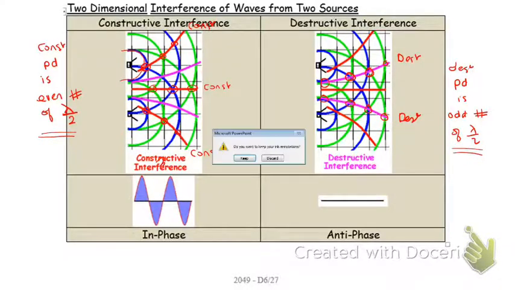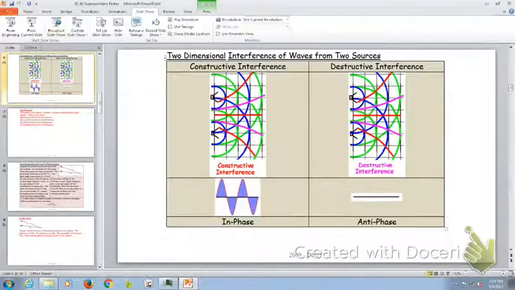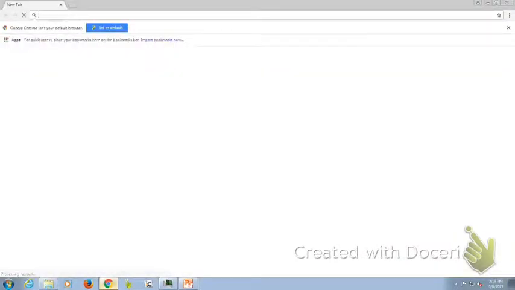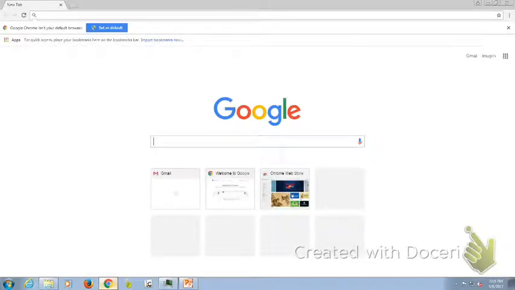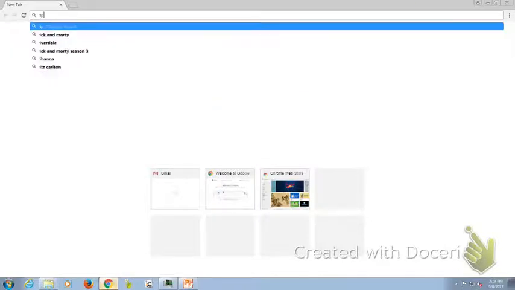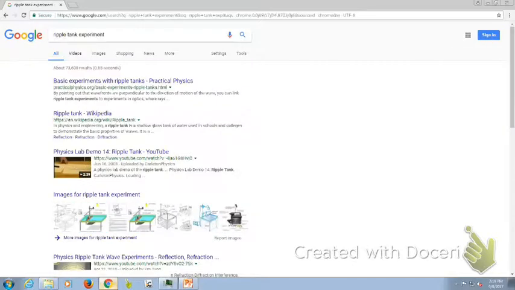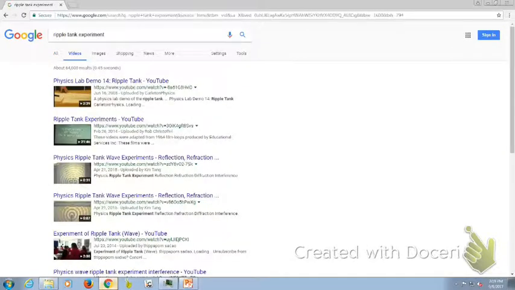I have to do a little bit. I'm sorry, I meant to dig this up beforehand. But let's just see if I can find it. I had one perfectly picked out on the old system, and then when I transferred over to the new system, I didn't bring it in. So let's go here. Let's try Ripple Tank. Ripple Tank experiment, I'm going to do that. And then I'm going to go to videos. And if I can find it, let's have a look.